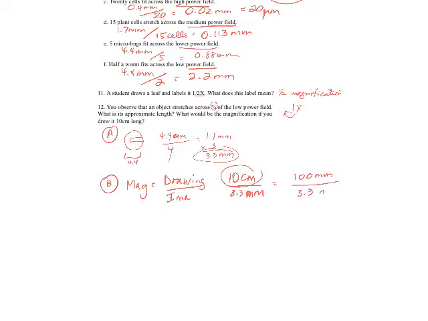Okay, for the second part of this, you don't even need a pyramid for this, make your life easy. Magnification equals drawing size over image size. Okay, so for this, drawing size would be 10 centimeters up here, and then 3.3 millimeters. Obviously you cannot leave this as it is, so it's 100 millimeters, and then 3.3. I don't actually have a calculator with me, but divide those, and there's your answer. Some of these using this